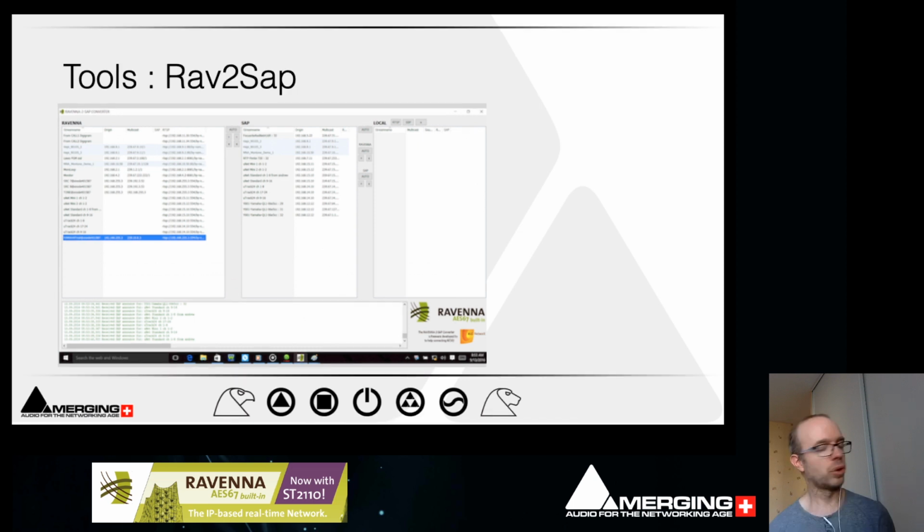So the first tool, which is useful, especially if you're doing Dante and you don't have any SAP capabilities on